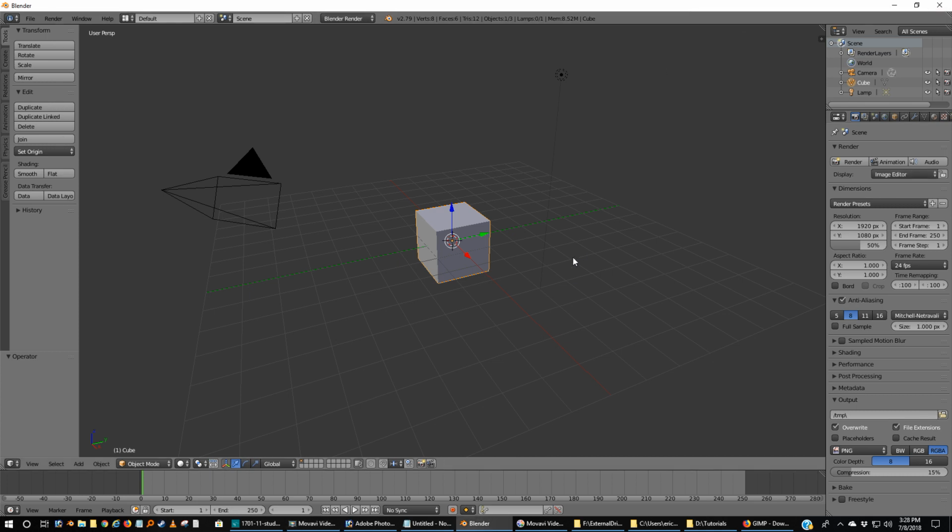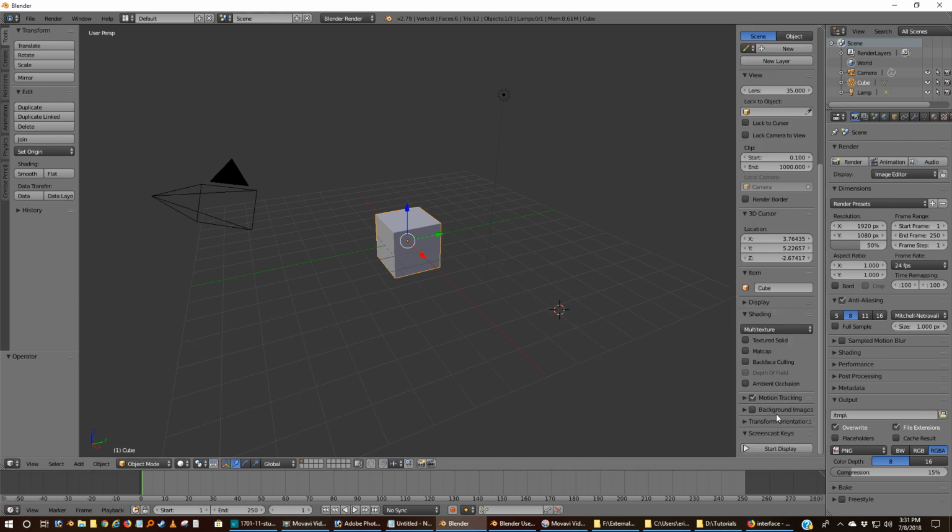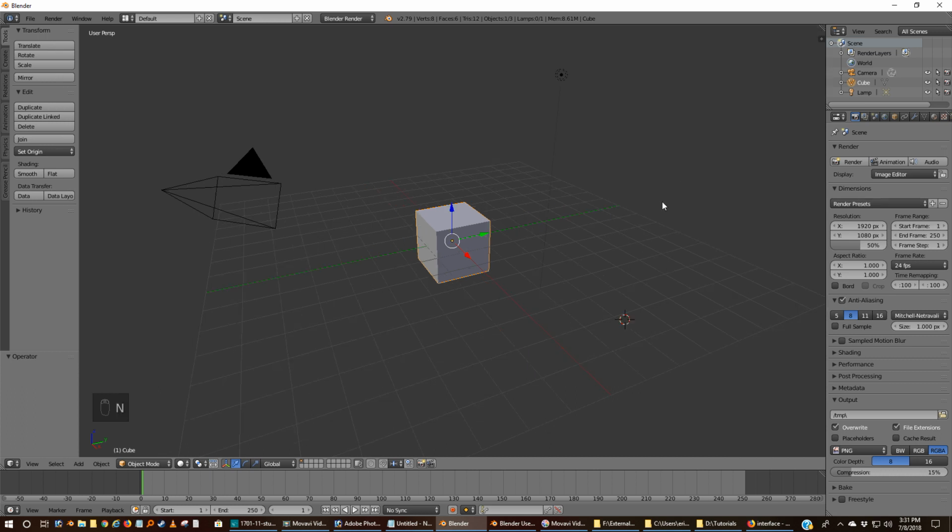For our purposes, I am going to... Alright, I'm also going to turn on the screencast keys so you can see exactly what I am pressing when I'm pressing it. Like N gets you in and out of that particular section. We'll be using N again when we go to display background images. Anyway, we do not need